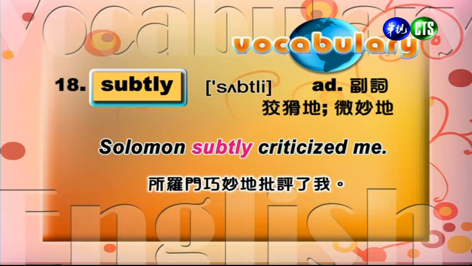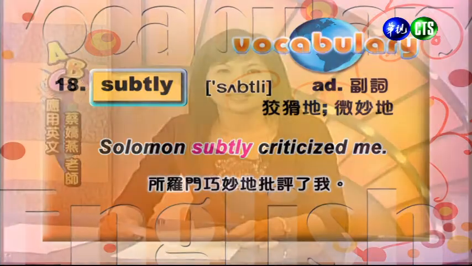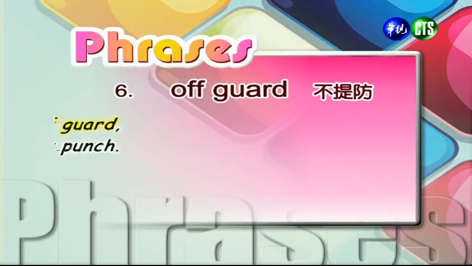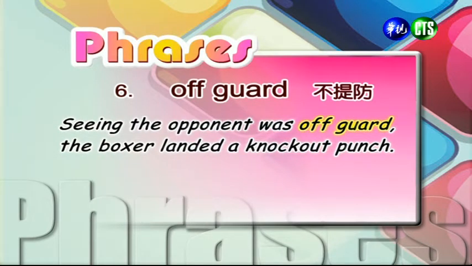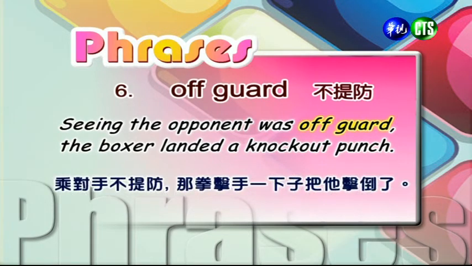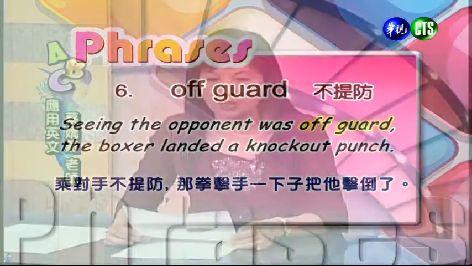Number 18, subtly, adverb. 副词，狡猾、微妙的。 Solomon subtly criticized me. Solomon 很巧妙地批评了我。 We can see the phrase here again, off guard. 不提防。 Seeing the opponent was off guard, the boxer landed a knockout punch. 趁着对手不提防，那拳击手一下子把他打倒了。